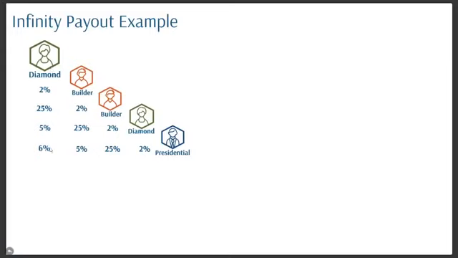So what I like to teach people is actually, if you really want to understand why you got paid what you got paid from somebody, start from the bottom up, right? Because that's how those percentages are actually being paid. And you'll see how that's helpful in just a minute as we build this graph out a little bit more. But if you look here and you say, okay, this presidential diamond did 100 LP, how is For Life going to pay out that first 100 LP of this presidential diamond?